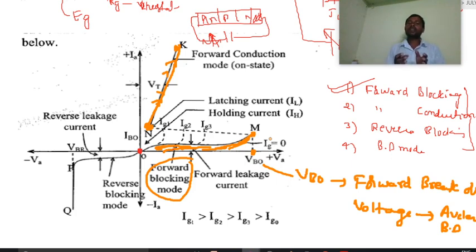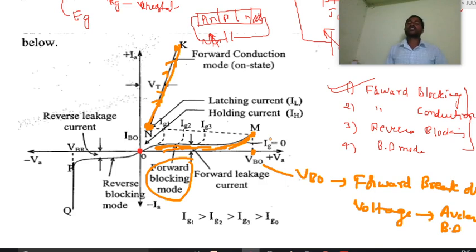In a similar way, if you increase the forward voltage on the SCR, a small leakage current flows, like the water entering your home through the door, and it increases until at a particular voltage avalanche breakdown takes place. Just as the door opens under the high pressure of water, here high voltage, meaning more force, is applied across the SCR, avalanche breakdown takes place, and a huge current flows through the SCR.